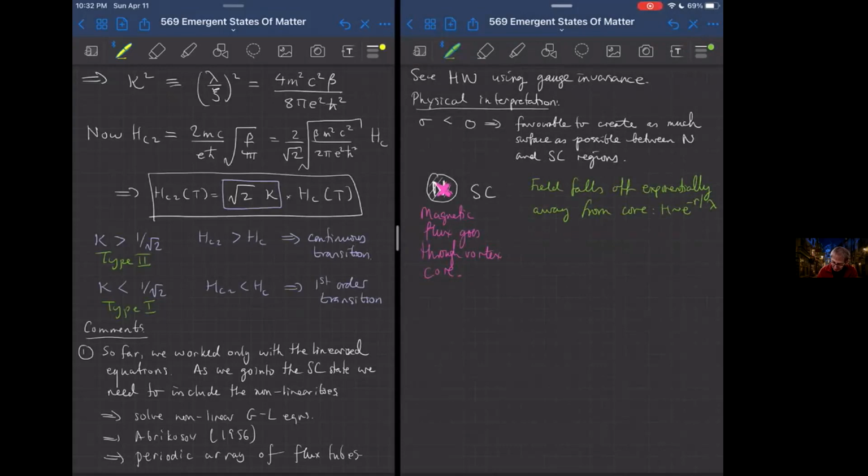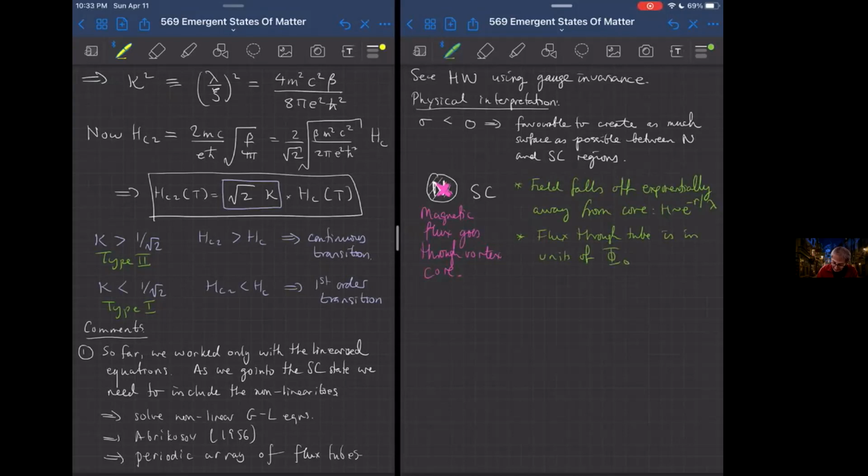So that's what we see, and as I told you before, the flux through the tube is in units of phi 0, and